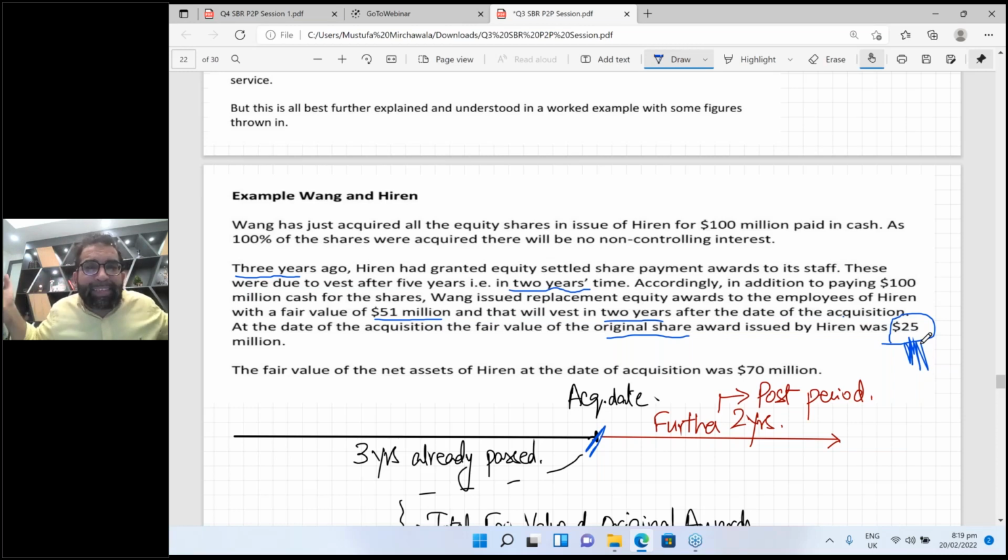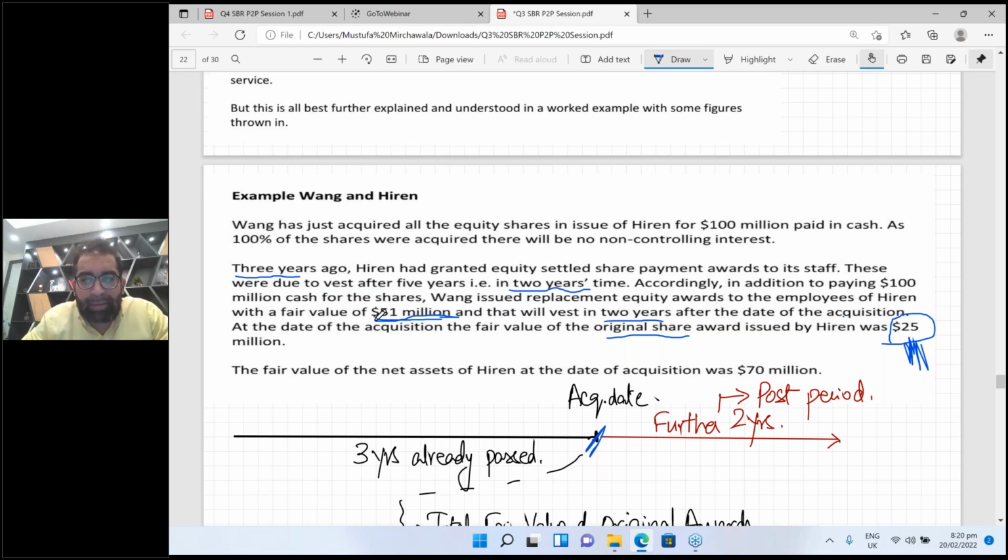But now this depends on the heart of the parent company. Parent company is so rich, or so good, or wants to impress people, or whatever. How much did the parent company give? 51. So 51 minus 15, the 36 million amount is related to the post period. The 36 million is the extra gift related to the post period.